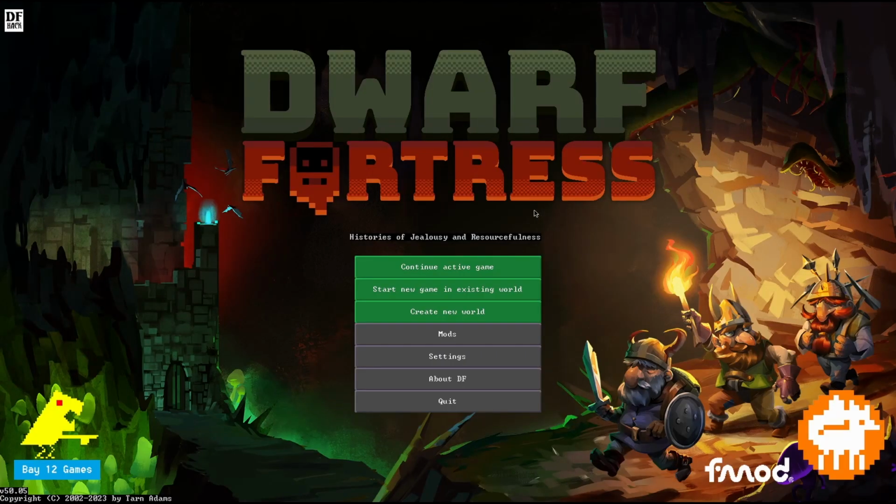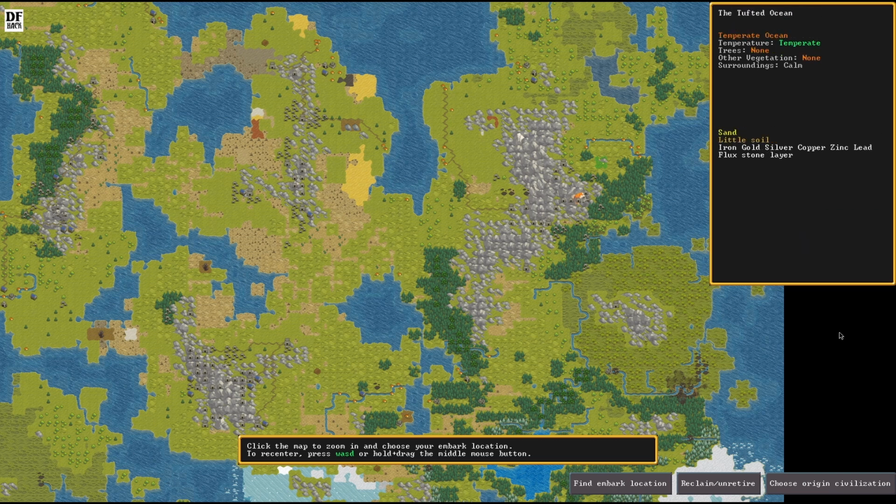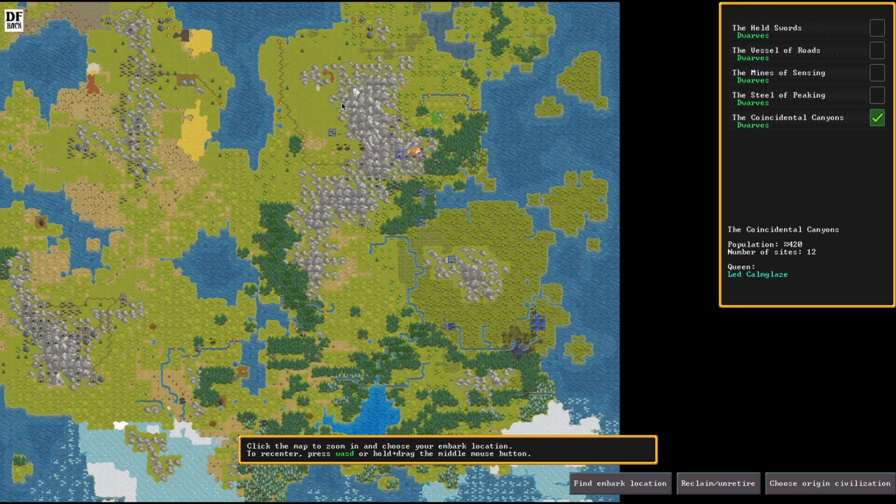Okay, next key point is in the world map. So let's go there. Okay, so first I want to talk about what is immigration. So immigration in Dwarf Fortress is the process of attracting dwarves from your origin civilization, one of their sites, to your fortress. What does that mean? On the bottom right here, you have choose origin civilization. And in the world generation, in the history generation,